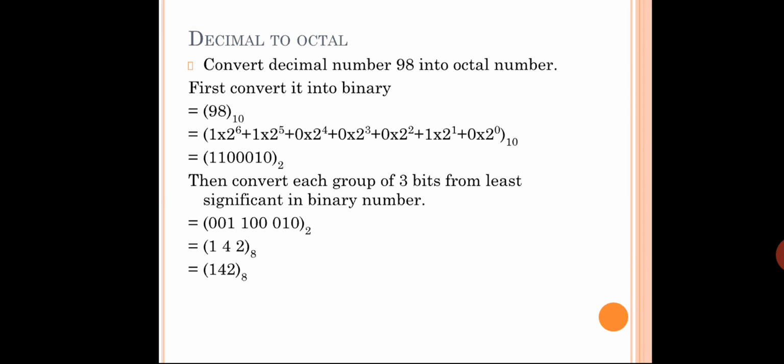See how to convert a decimal number to octal number. Convert decimal number 98 into octal. This is the question actually. So how to convert? First you have to represent 98 in decimal. How? To the base 10. That is the standard representation. Okay, now what is the next step? You have to convert that 98 to binary. Why? Once you get the binary, then you get the fashion how to represent that particular binary number in octal.